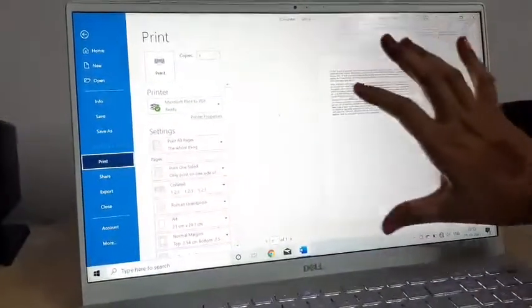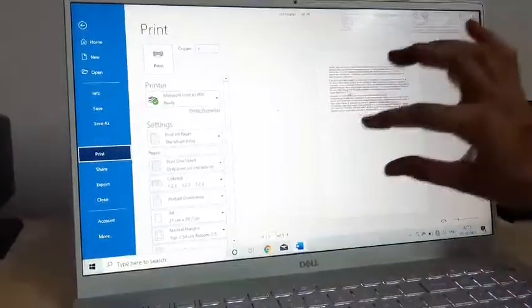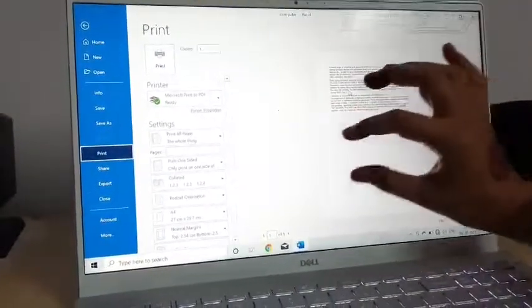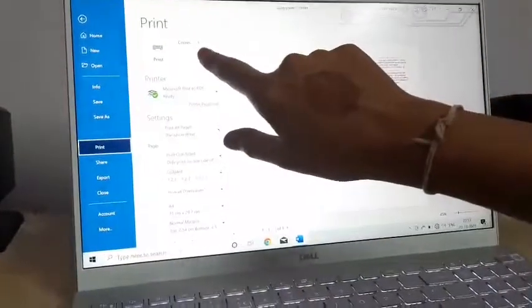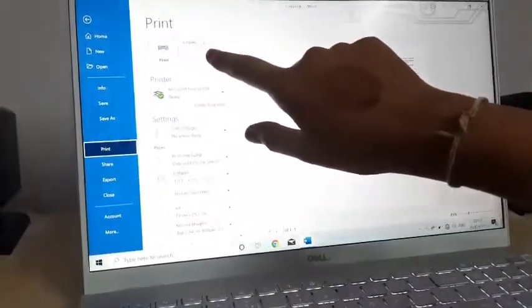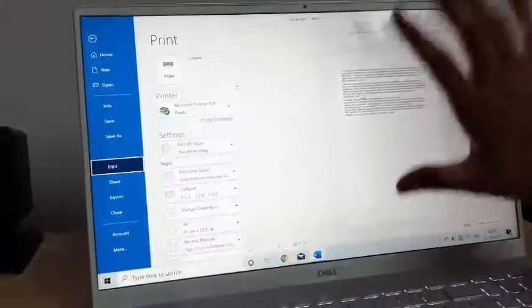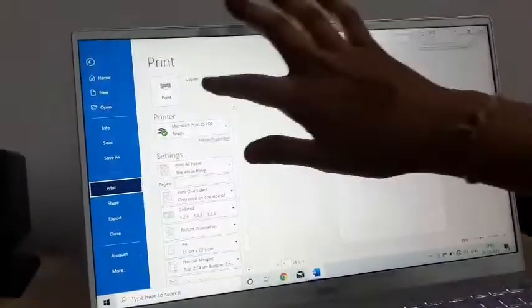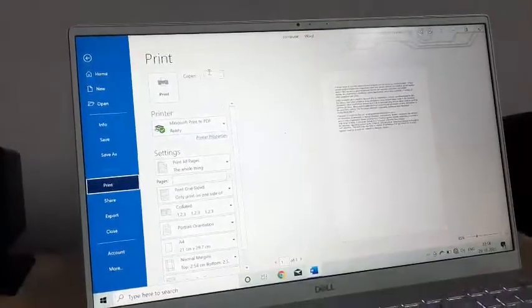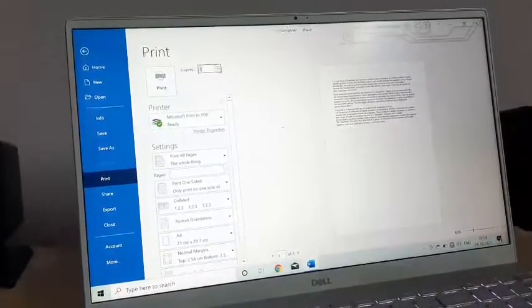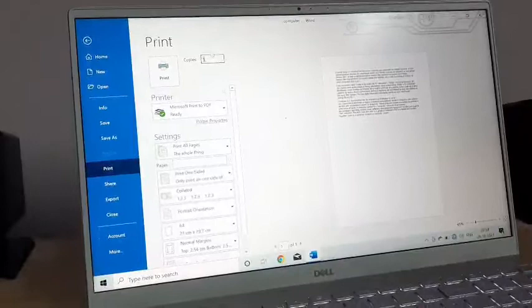It means your printing page, your text will appear like this. Only this much you have written and this much of the page will be empty. So how many copies you want, you can change the number of copies. Suppose you want 10 copies of this same document, so you can click on 10, simply by changing it with the help of these arrows like this.